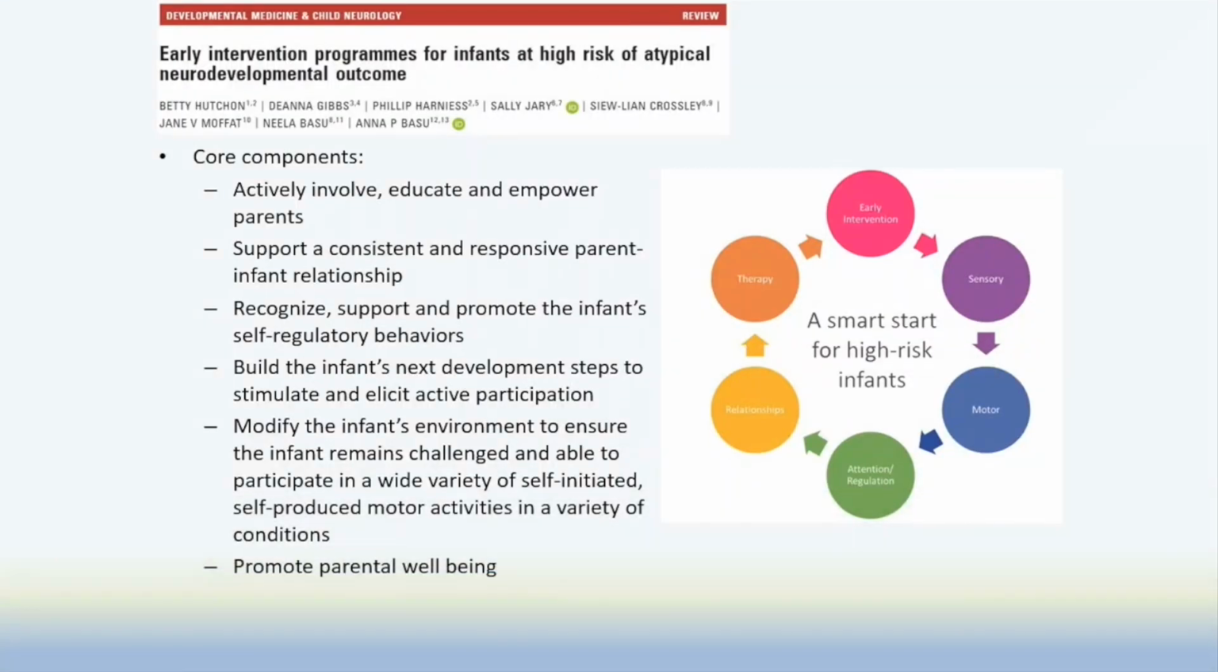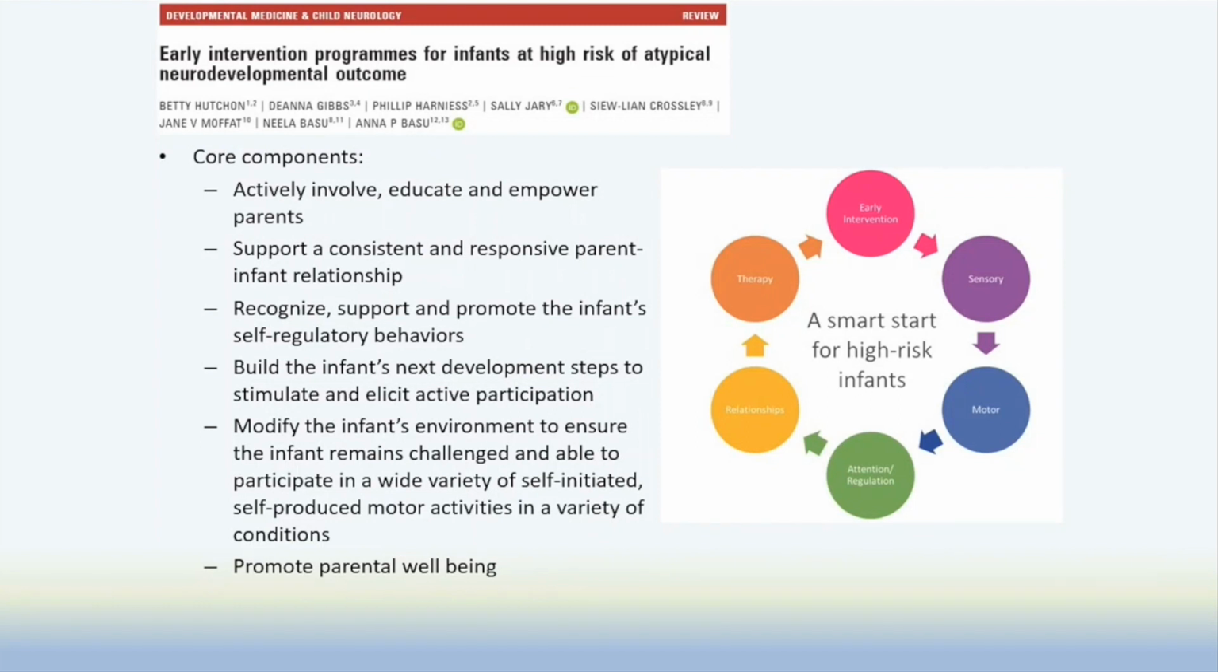Some of the core components of this program, including actively involving, educating, and empowering parents, supporting that responsive parent-infant relationship, recognizing, supporting, and promoting the infant's self-regulatory behaviors, building infants' next developmental steps to stimulate and elicit active participation, and then modifying the infant's environment to ensure the infant remains challenged, able to participate in a variety of self-initiated, self-produced motor activities in a variety of conditions. So again, this common theme in early intervention programs of the parent support, parent coaching,